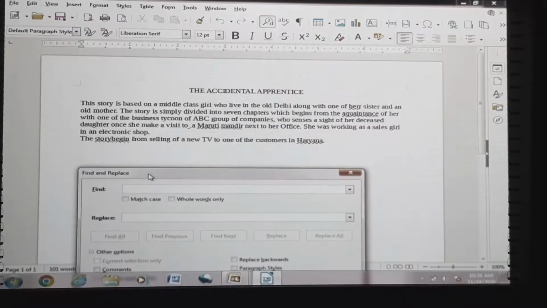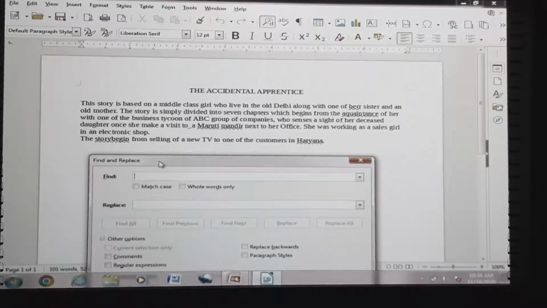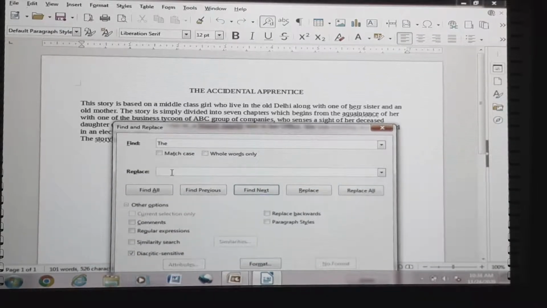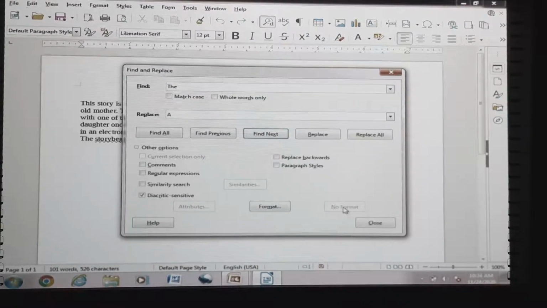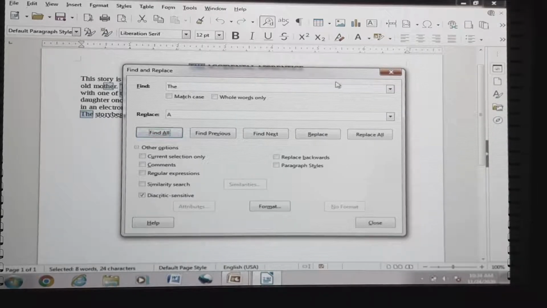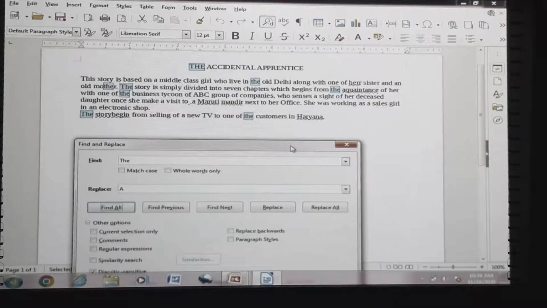Suppose we check which word is repeatedly utilized here, say the word "the". Now in order to replace this word with something else, say "a", press a and then Find All.